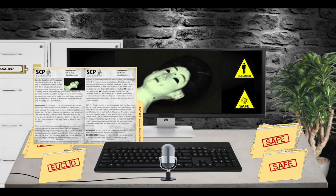SCP-051-A is a fragment of text on rice paper that was discovered with SCP-051. The surviving text is written with a plant-derived ink. Tests dated it to the 12th century, and the characters have been identified as a known early dialect of Japanese. Translation reveals the text is a part of a prayer or spell against demons that attack unborn babies. The incantation orders these forces or demons into the model instead of the pregnant woman and claims to trap them there. However, centuries have degraded the paper and ink so that the full incantation and instructions, if any, cannot be deciphered. Addendum: